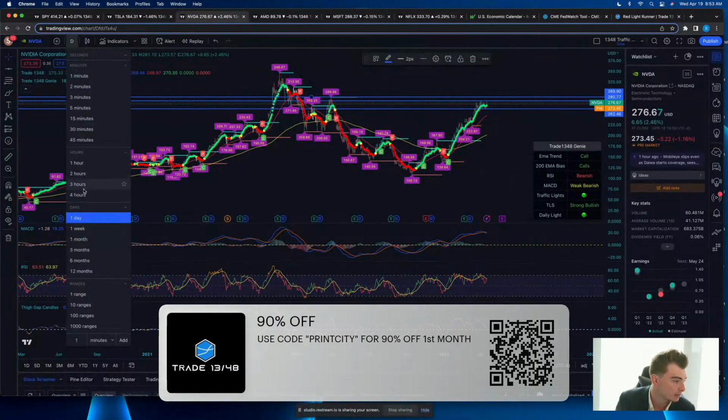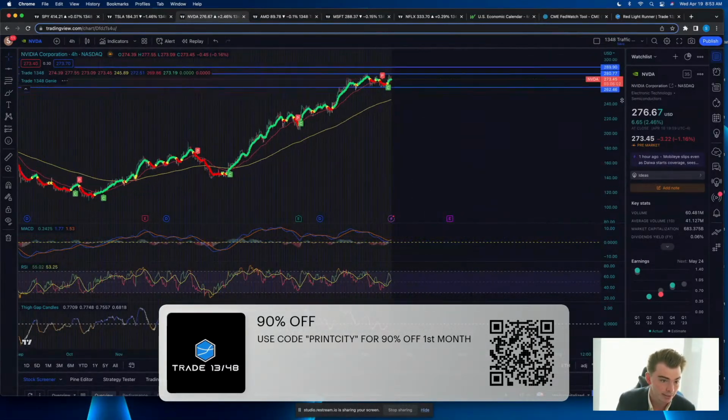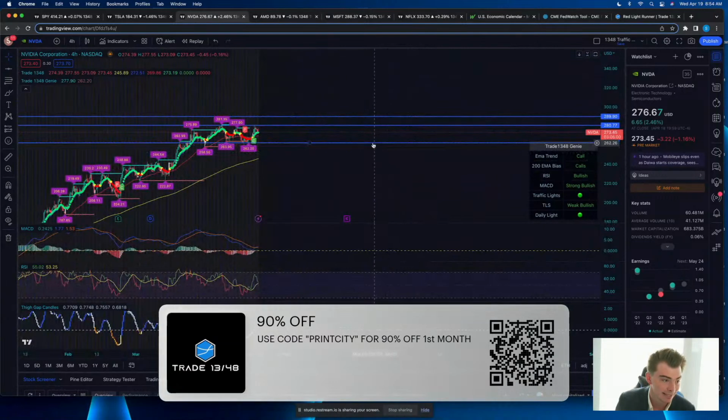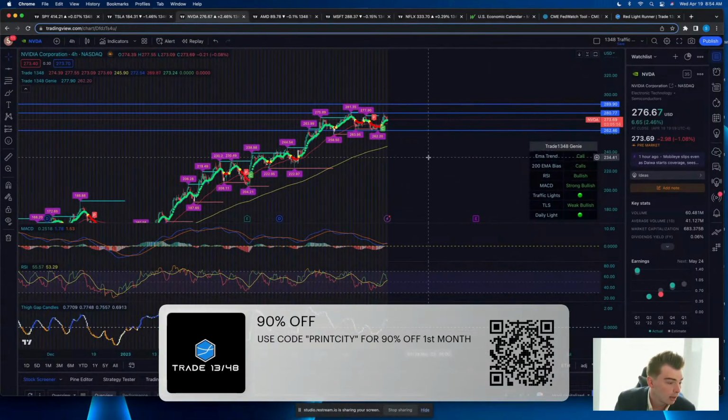Cool. Okay. So now let's go to the 4-hour. What is the 4-hour looking like? Oh, look at how you can see when you draw these levels on the daily. Yet again, you can see them respected on the 4-hour. Same deal. I mean, you could have this 244. Are we going to get there? Probably not. I mean, you could have some of these levels drawn out.